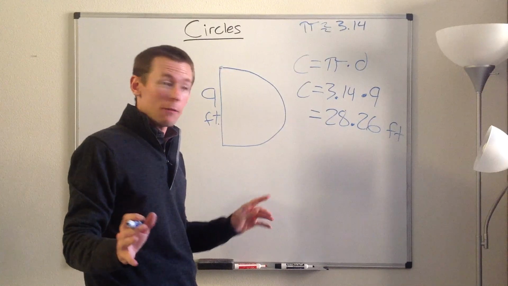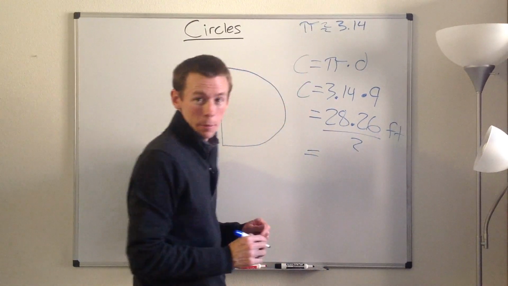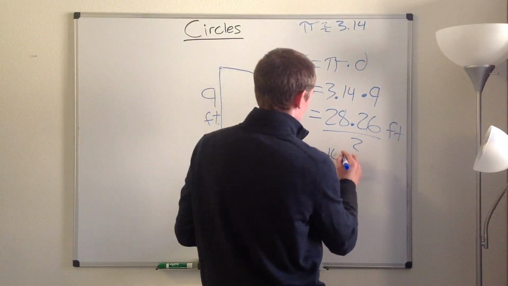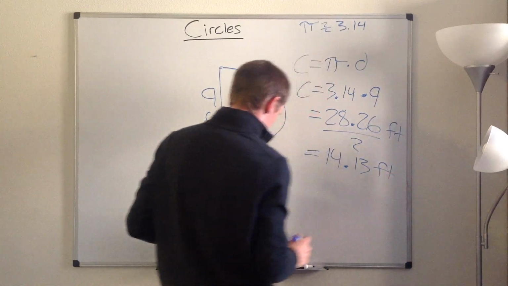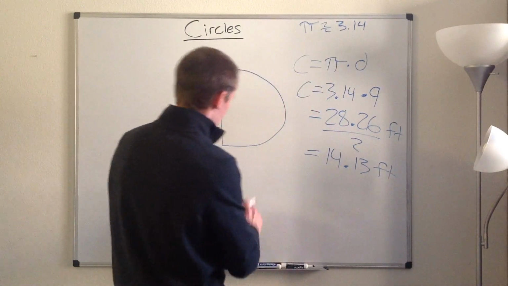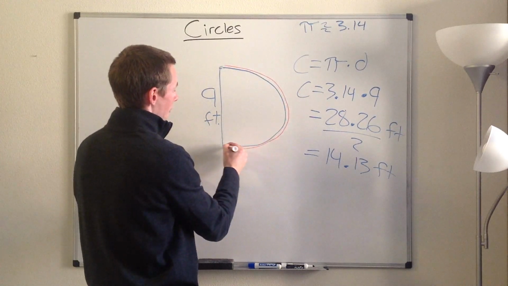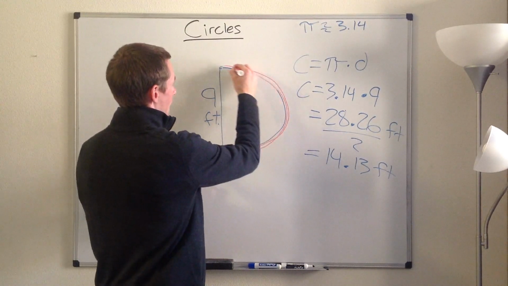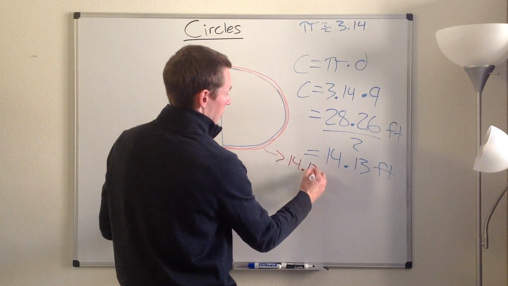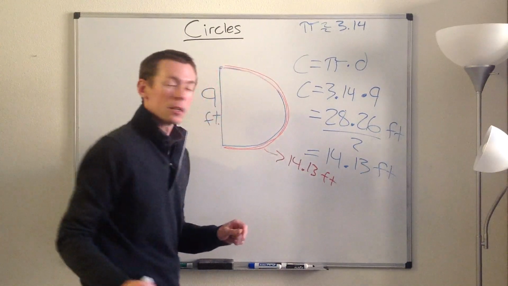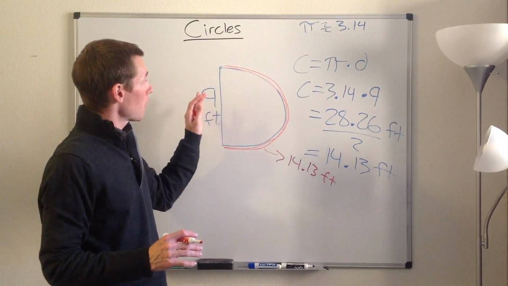So we only have half the circle, so we need to divide by 2. So from here to here is 14.13 feet. Now be careful though, we want to find the perimeter